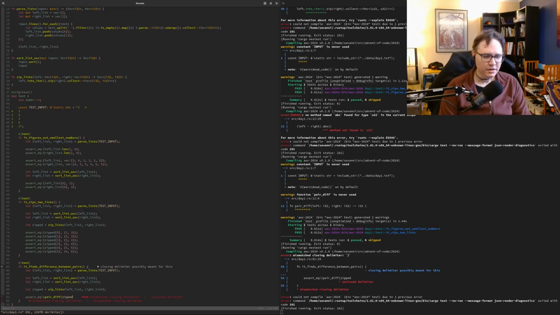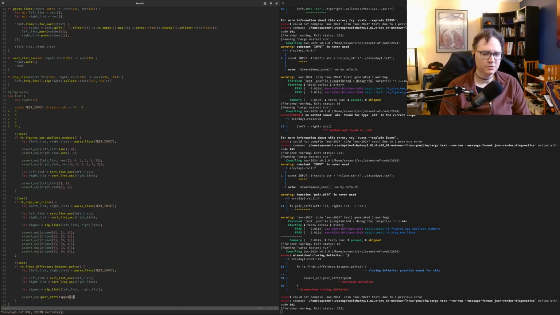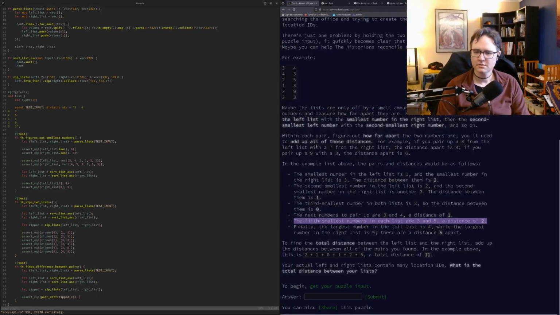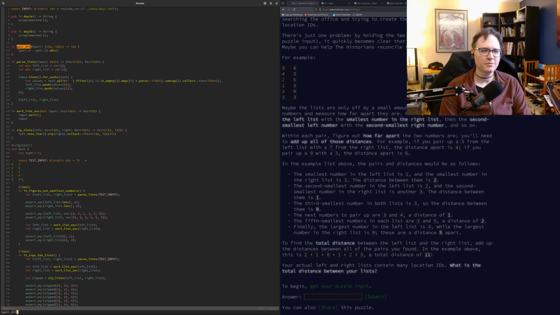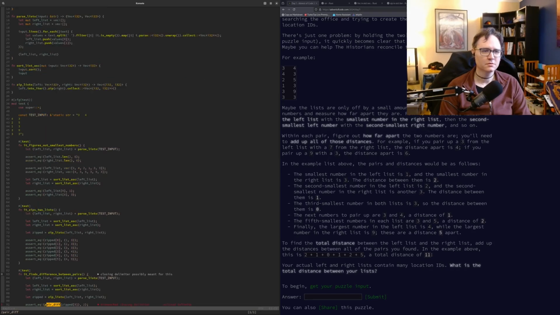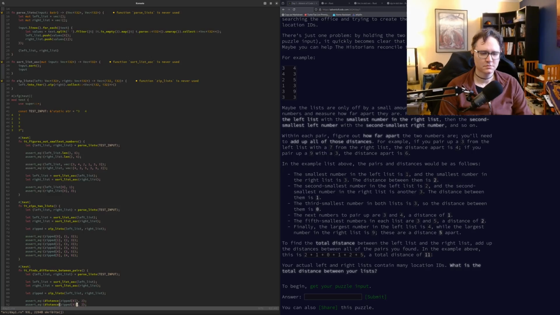Okay, the zipped value is 0, and the distance should be 2. In fact, let's name it that. The next one, the distance should be 1.